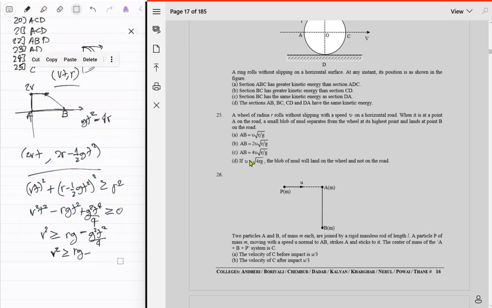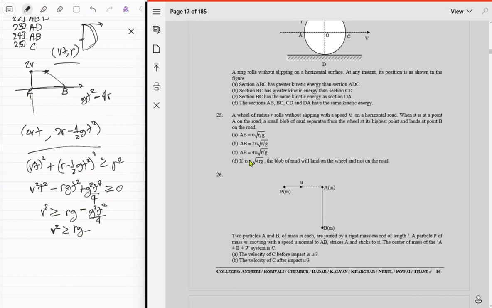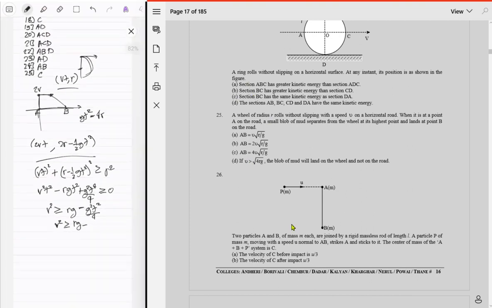Right, so that it does not land on the wheel, what should happen is that v square should be bigger than rg, and in this case when that happens then you will have a b equal to that, right? So C is in fact correct and D is not. Next,